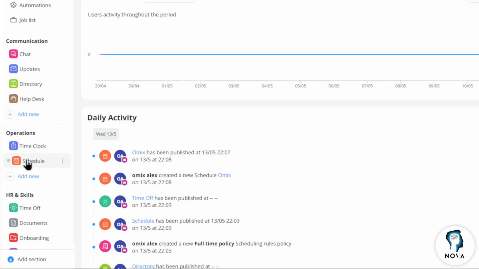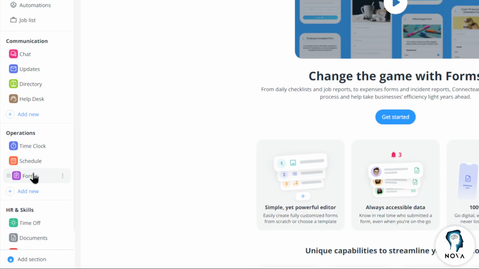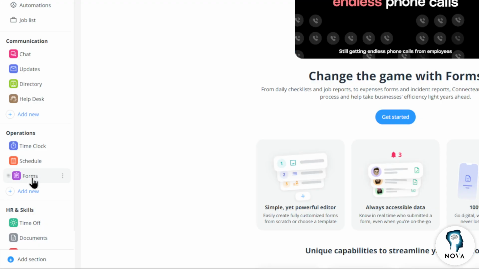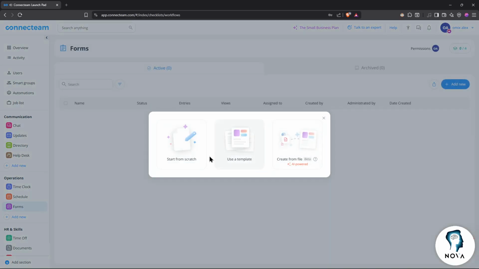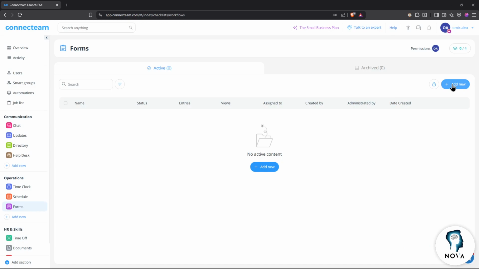If you didn't find forms here, all you need to do is just click on add new and click on forms. If you already find it, just go and click on forms right away. If it's your first time here, you'll find get started. If it's not your first time, you'll find this forms right here as example, and you'll find this add new